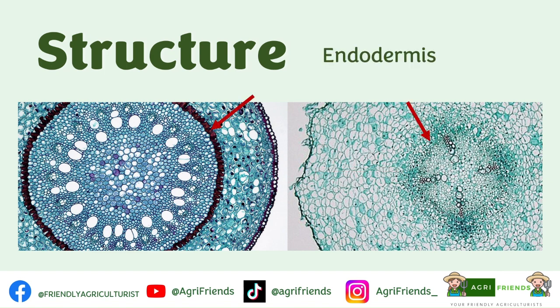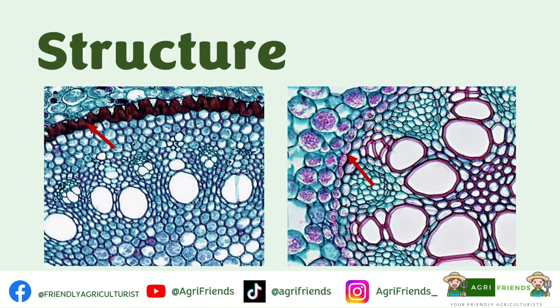The endodermis acts as a selective barrier, controlling the movement of water and nutrients into the plant's vascular system. So the endodermis is lined with Casparian strip. It is comprised of a water-impermeable waxy substance called suberin. So it prevents the leakage of water and minerals from the stele or the vascular cylinder and prevents the entry of substances and pathogens in the vascular cylinder.